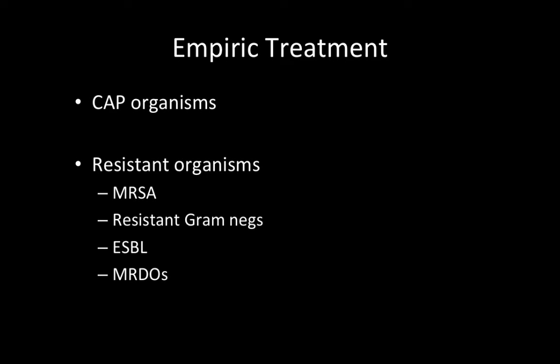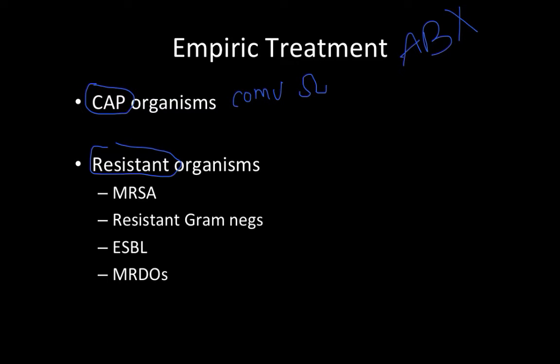So what antibiotics you're going to use depends on, are you suspecting a resistant organism or are you not suspecting a resistant organism? That means a community organism. Now, mind you, some communities do have resistant organisms out there. For example, strep might not be responsive to azithromycin up to 20% in some communities. So if you suspect an atypical pneumonia from streptococcus, then you still might have to use something else other than azithro. This is a very local decision, and it usually depends on something called the antibiogram,